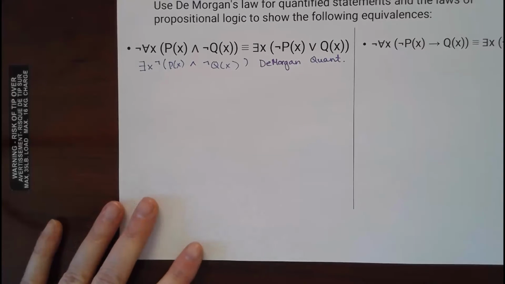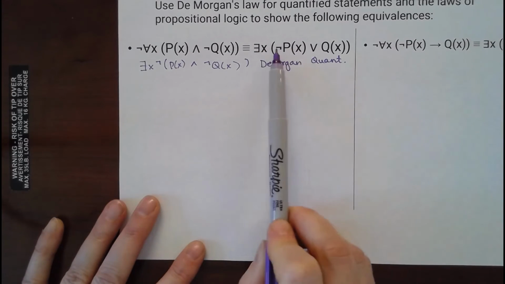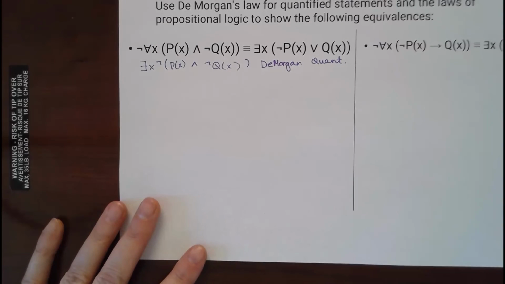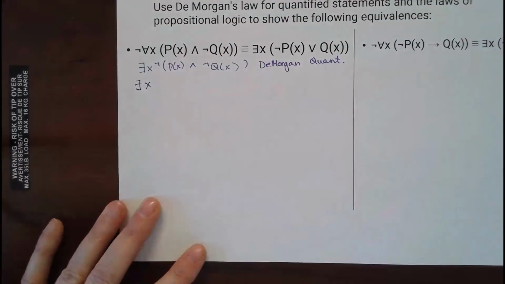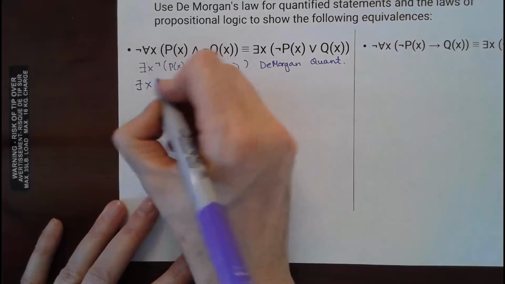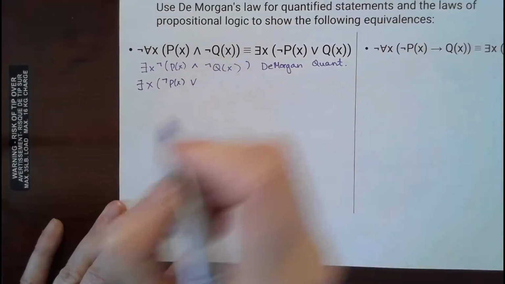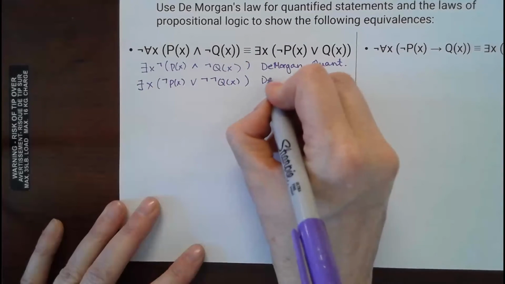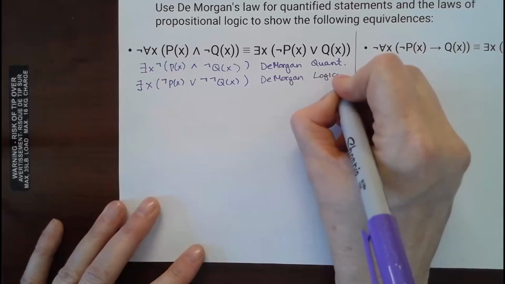Okay, so looking at that, we've got there exists an x, that matches, but when I look at the expression here, it's not exactly the same as this. So what should we do next? Just apply De Morgan's law, so I'll leave this the same, and then I apply De Morgan's law, that's going to go inside the parentheses and negate the first, change the conjunction to disjunction and negate the second. I just did plain old De Morgan, and if you want to put De Morgan logical, that's okay.